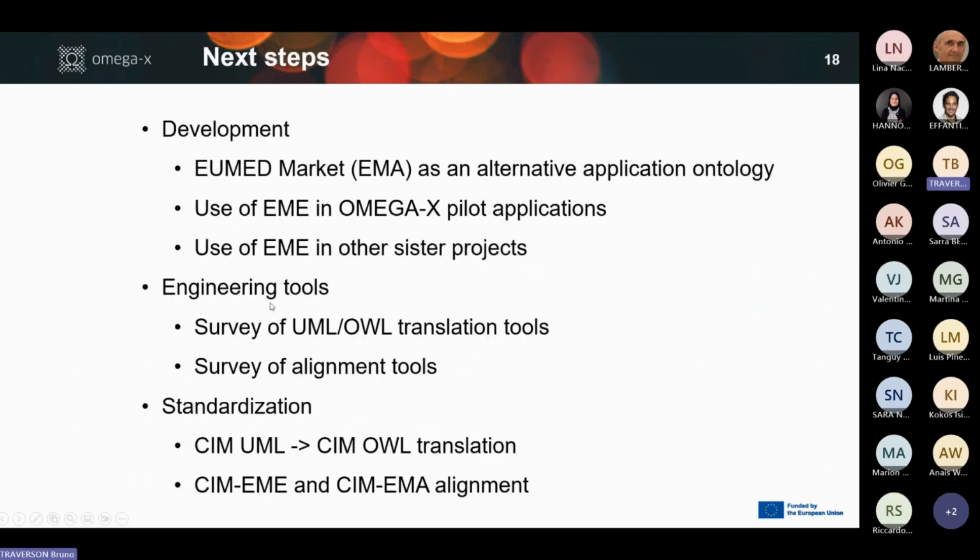So as a wrap-up and vision of next steps, we are willing to push EME as an application ontology for the next pilots. But if you think it's interesting to have more than one profile, we can also push